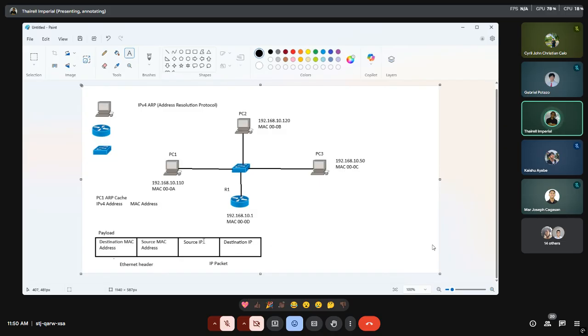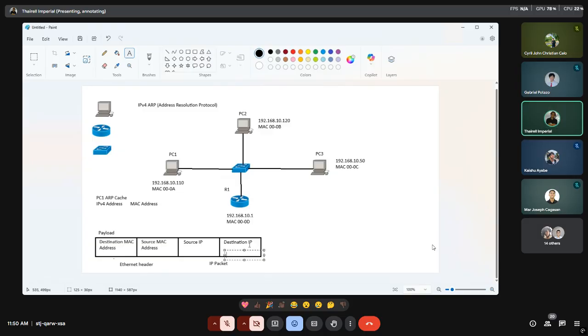We can already fill this in, okay? Because the IP information that's been encapsulated from your application layer towards the data link layer, we've already obtained, in which we want PC number 1 to be connected to PC number 3. So that means your destination IP is already available.